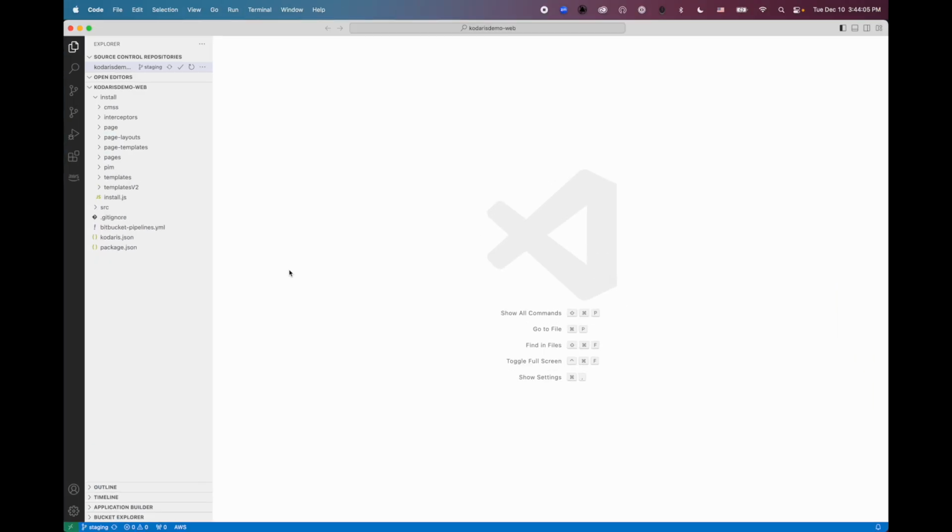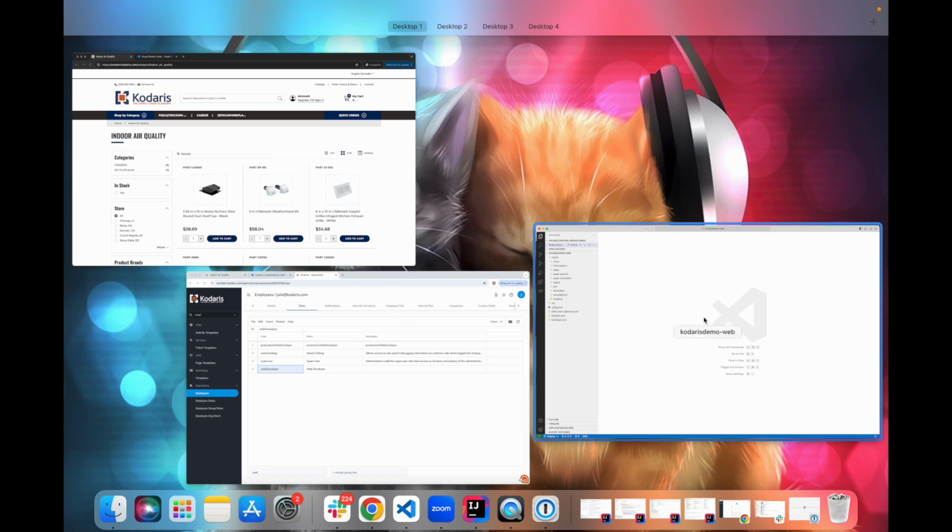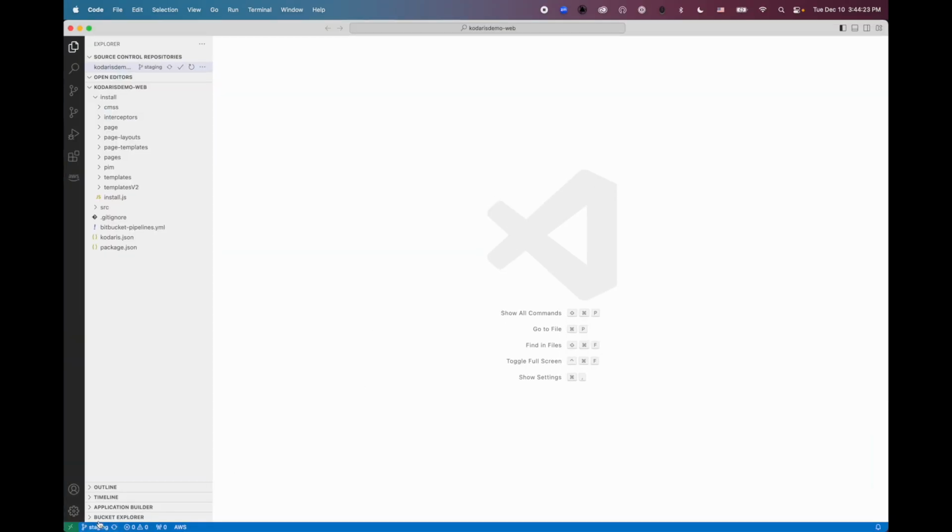Now, once we have the web developer access, we can get started making changes to our website. But before we dive into actually making the changes, let's discuss branches real quick. More often than not, you'll have a main development branch, such as staging or master.